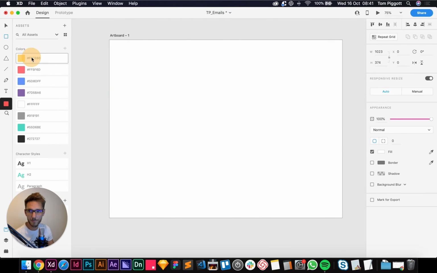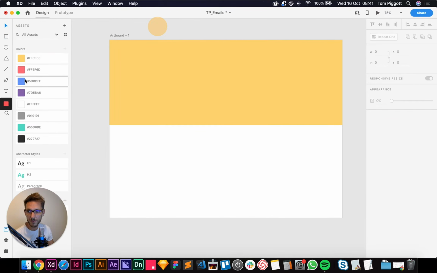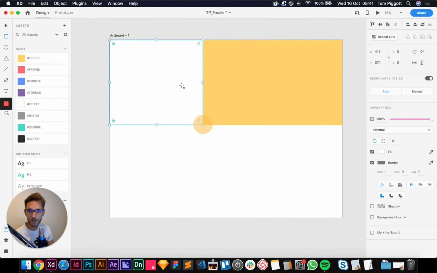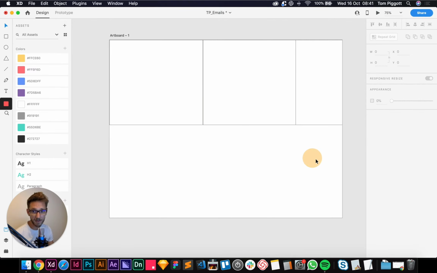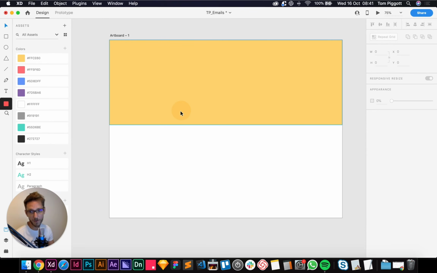So there's a row. Inside that row you have cells. So you might have something like this, and then you might have something like this, and then obviously that's like the worst email ever, but that's how it works. So you have one big table, and then you can have a row, and then in the row you can have cells, and then in those cells you can put your content.